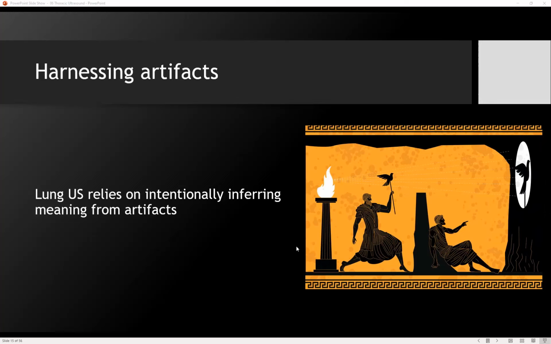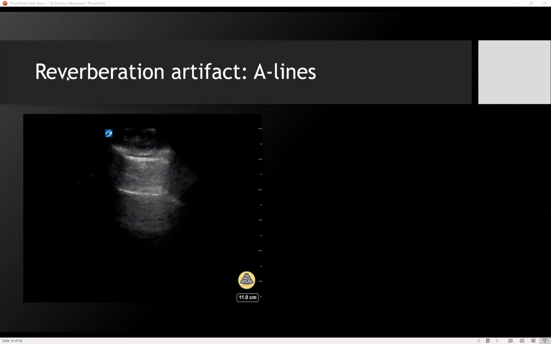So it's a little bit more of an art that was sort of grandfathered by Dr. Lichtenstein in France. A lot of the artifacts that you see in both lung disease and health are basically all reverberation artifacts. That's the main artifact I'm going to talk to you about today. What you're seeing here are A lines. This here is subcutaneous tissue. And right here, this thick